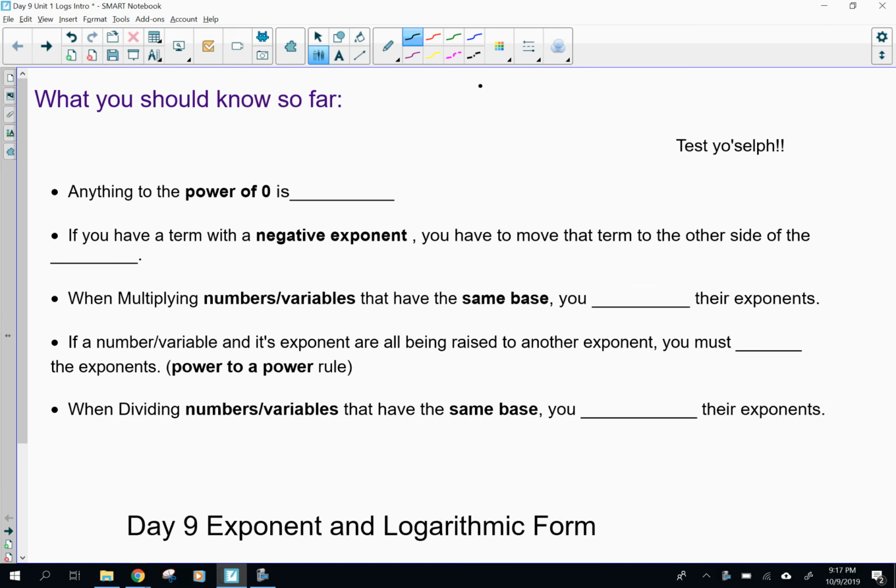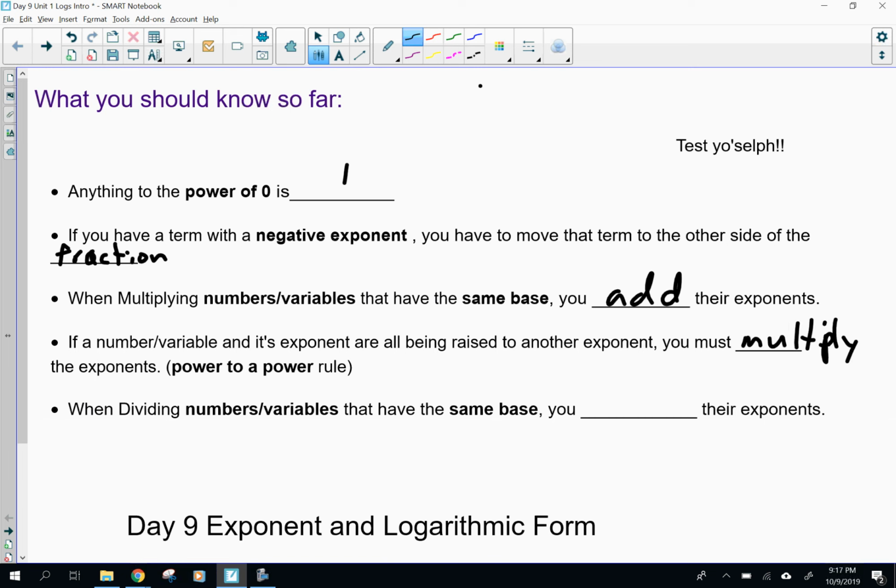Anything to the power of 0 is 1. If you have a term with a negative exponent, you have to move that term to the other side of the fraction and then change the exponent to positive. When multiplying numbers or variables that have the same base, you add their exponents. If a number or variable and its exponent are all being raised to another exponent, that's power to a power, you must multiply